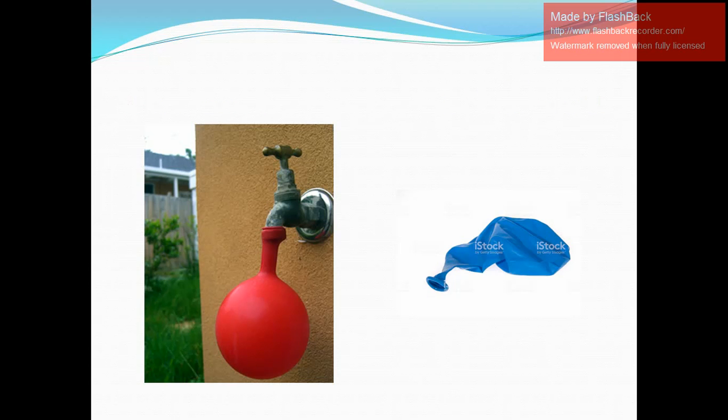Now look at this picture. This can give you a clear idea about turgidity and flaccidity. Take the balloon as an example of a cell. When the balloon is filled with water, it becomes tight. This is the turgid condition. You relate the balloon with the cell, and when the balloon has no water or not enough water in it, it shrinks and shrivels. This condition is called the flaccid condition of a cell. So you relate the balloon with the cell.